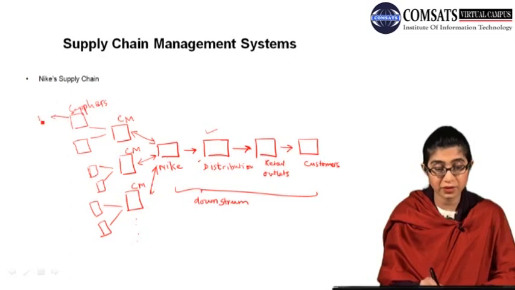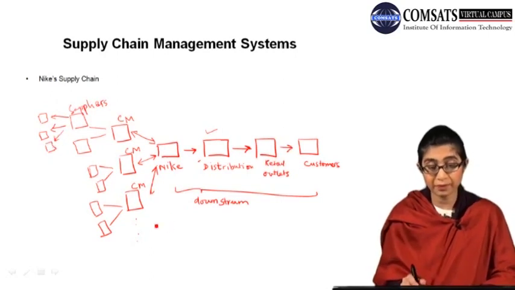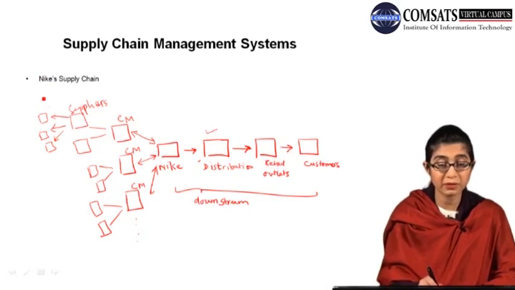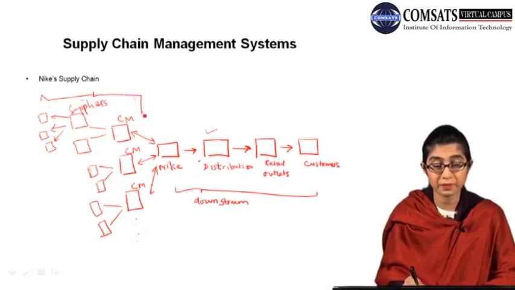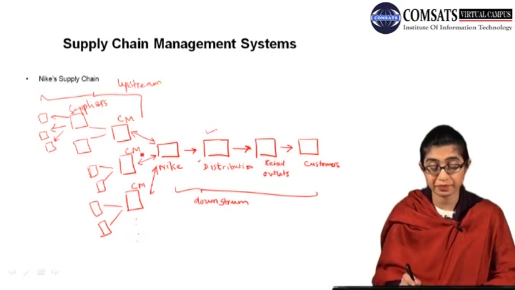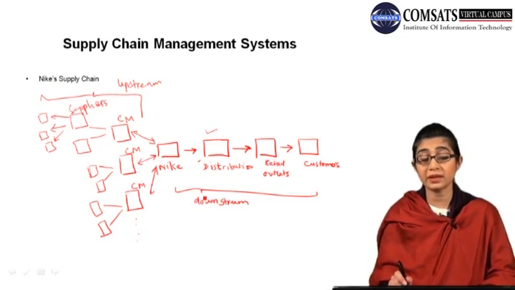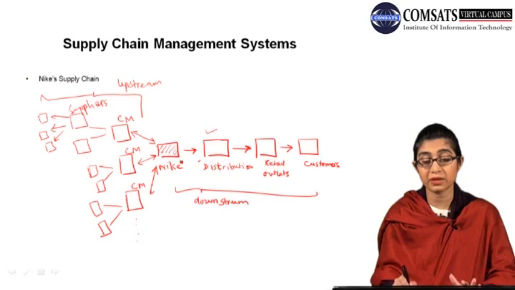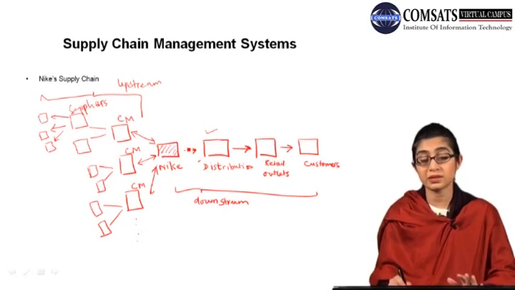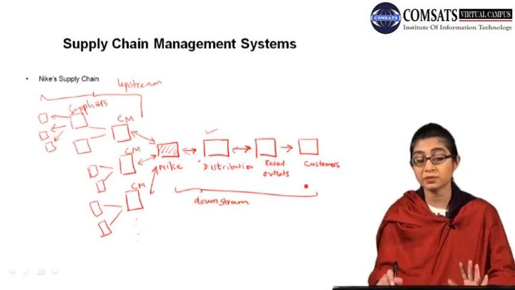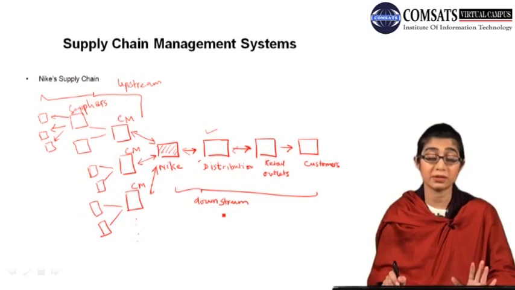Also, these will have their own set of suppliers even more. So this whole basically becomes the upstream of the supply chain. Right जी, तो इसमें हमने क्या देखा that this is your whole supply chain of the Nike. The Nike here is this main organization जिसके distribution centers हैं, retail outlets हैं, and then customers buy from the retail outlets, and this portion of the supply chain makes the downstream.